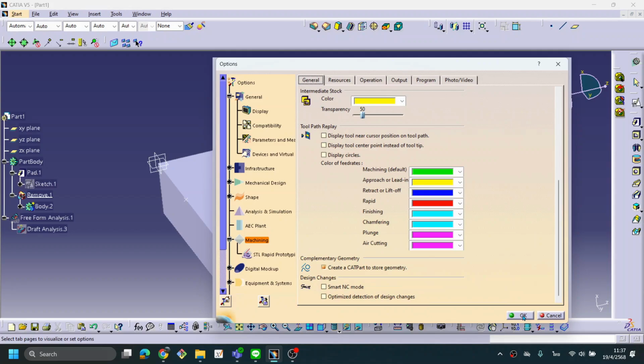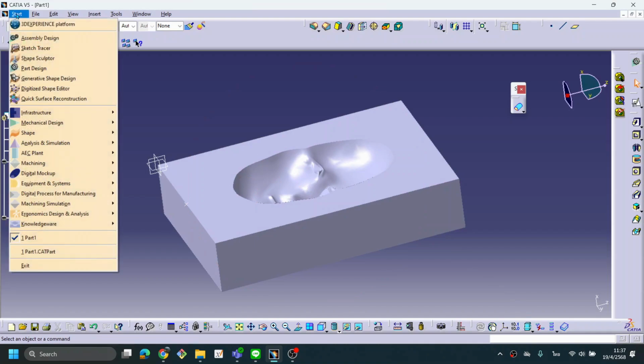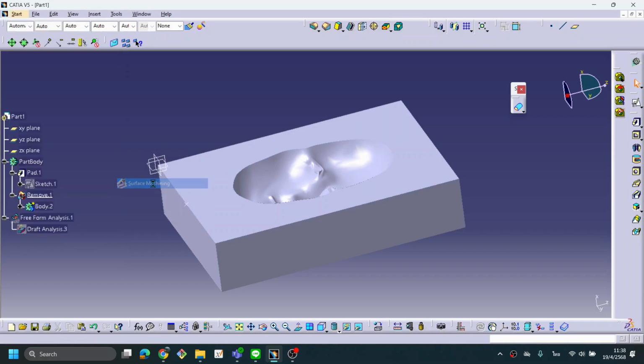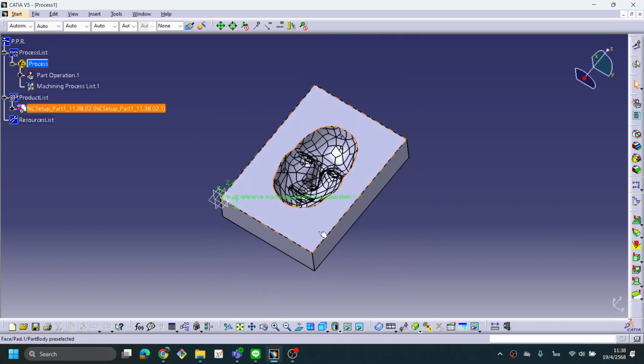Okay, like this is enough. Click OK and start menu, machining and surface machining. Okay, switch to